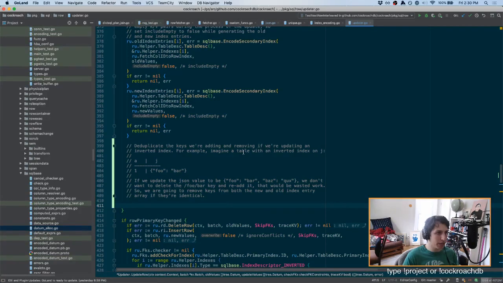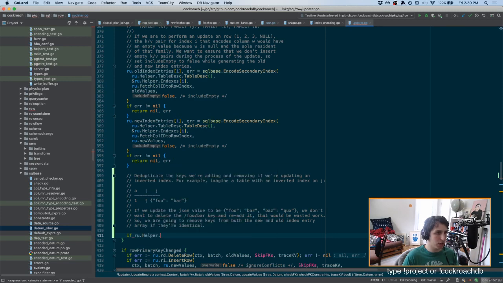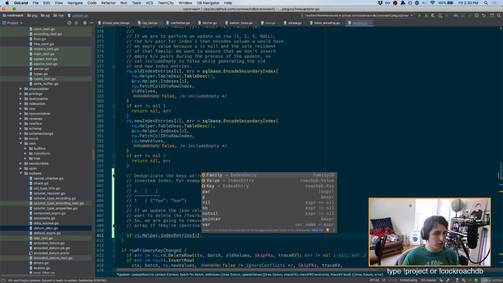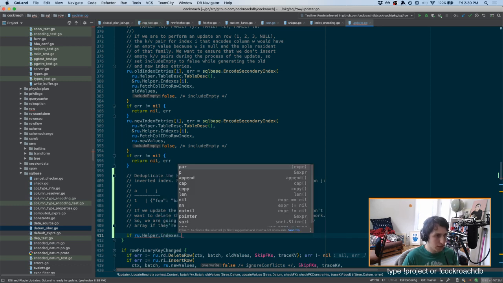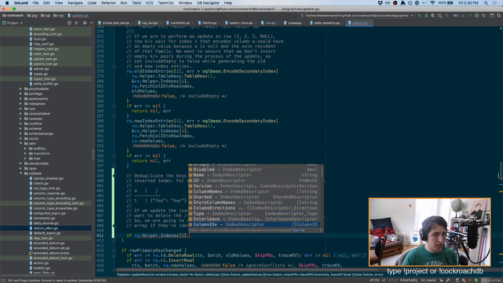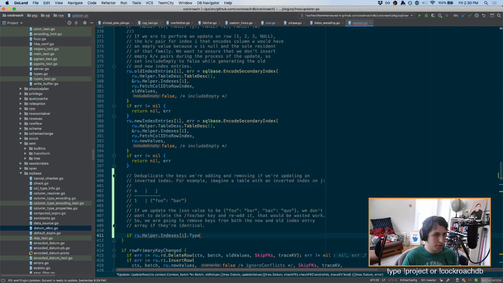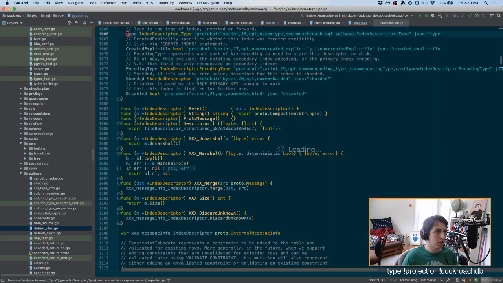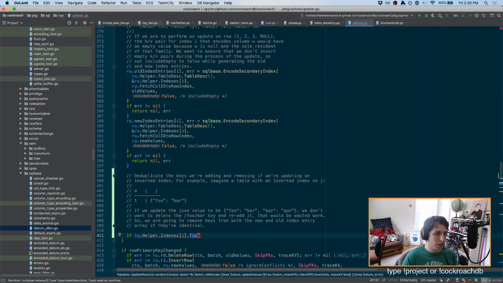Okay, so let's see. How are we going to do that now? We'll say if ru.helper.indexes of I. Wait, do we not have enough? Oh, that's index entries. We want indexes. So if this thing is inverted, do we not have that information? We should. Oh, type. If the type is index descriptor inverted,